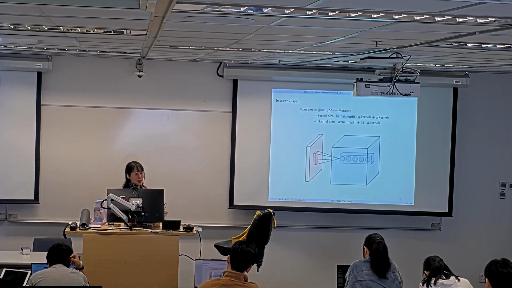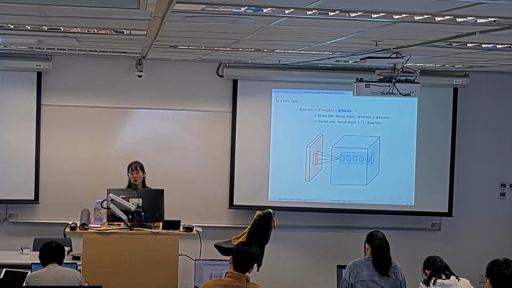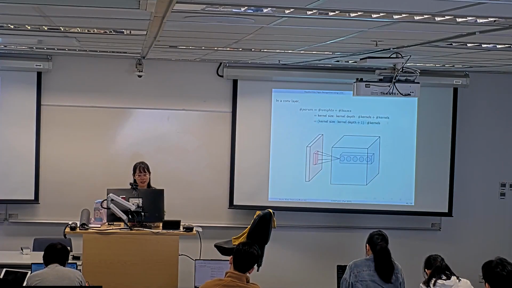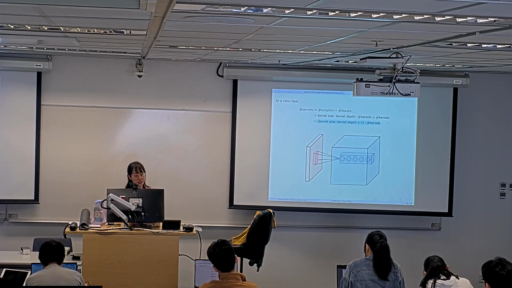This is the number of entries inside a kernel, and we also need to multiply it with the number of kernels we have applied. The number of biases: each kernel is associated with one bias parameter. So the number of biases is just the number of kernels. So in total, we can rewrite it this way. The number of parameters in a conv layer should be the kernel size times kernel depth plus 1, then times